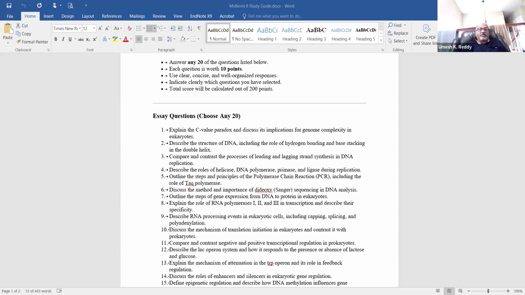So what happens when the precursor messenger RNA is synthesized? A cap is added. That cap is called 7-methyl-guanosine cap or M7G cap. So that is added at the 5' end. What is the purpose of this cap? This cap protects messenger RNA from degradation by exonucleases. Exonucleases, if allowed, degrade messenger RNA from the 5' end. So if there is a cap there, exonucleases cannot attack that messenger RNA.